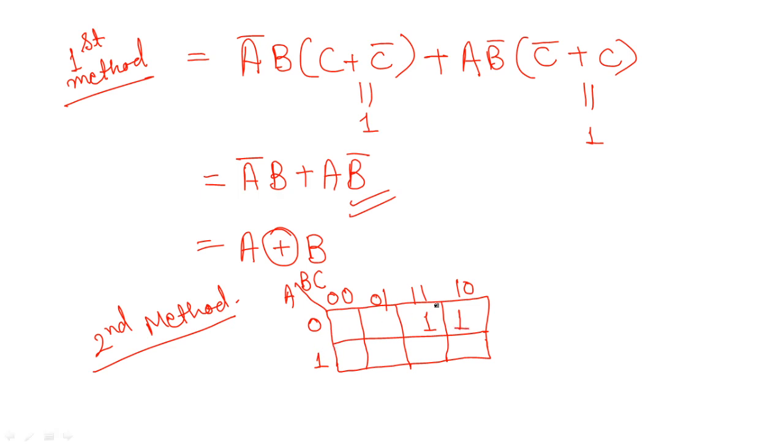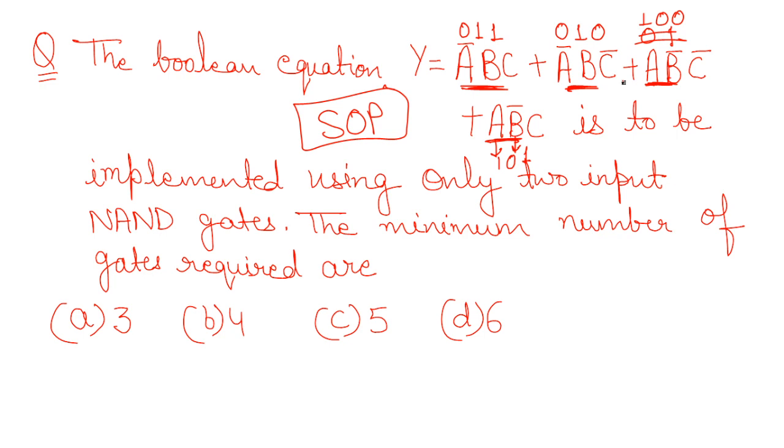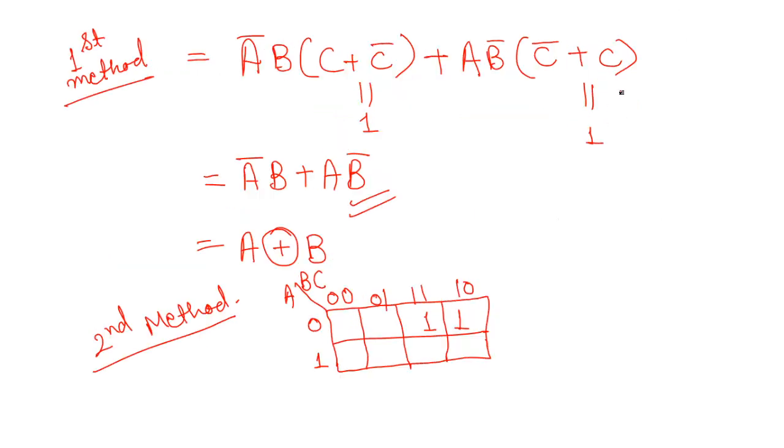Okay, it's here. Also focus on the sequence. Every term is mentioned like ABC, ABC, ABC, ABC. Even if it is complemented or non-complemented term, the sequence is same. Okay. The third one is 1 0 0. So 1 0 0. It will be here, A 1, B and C 0 0.